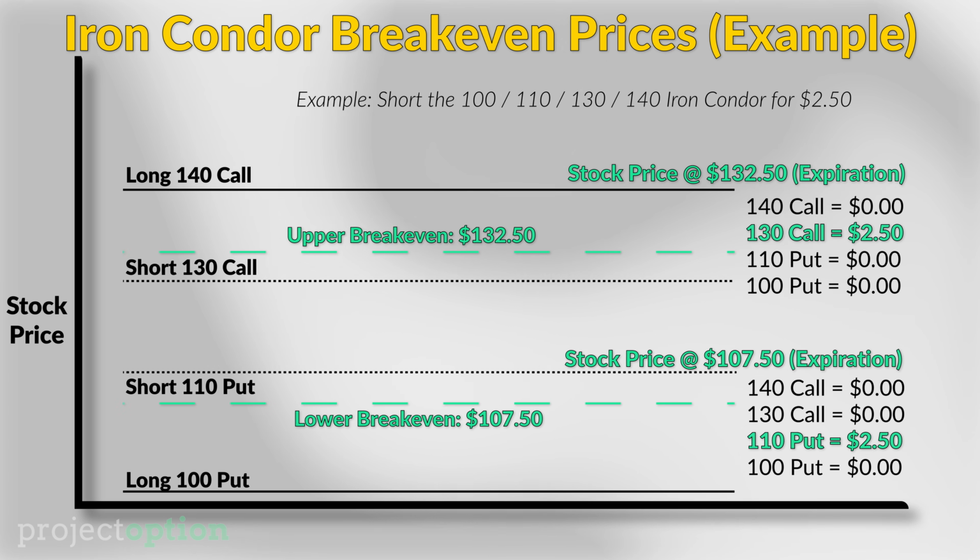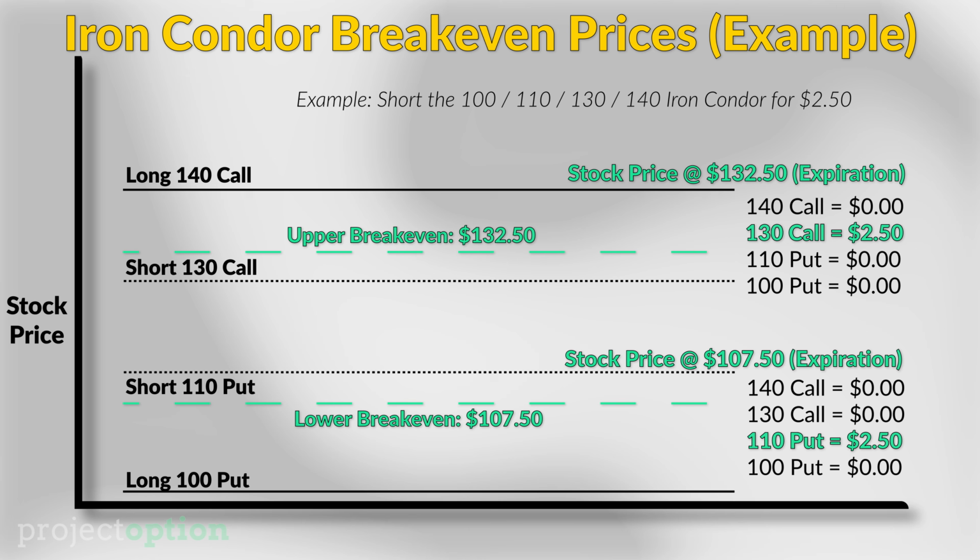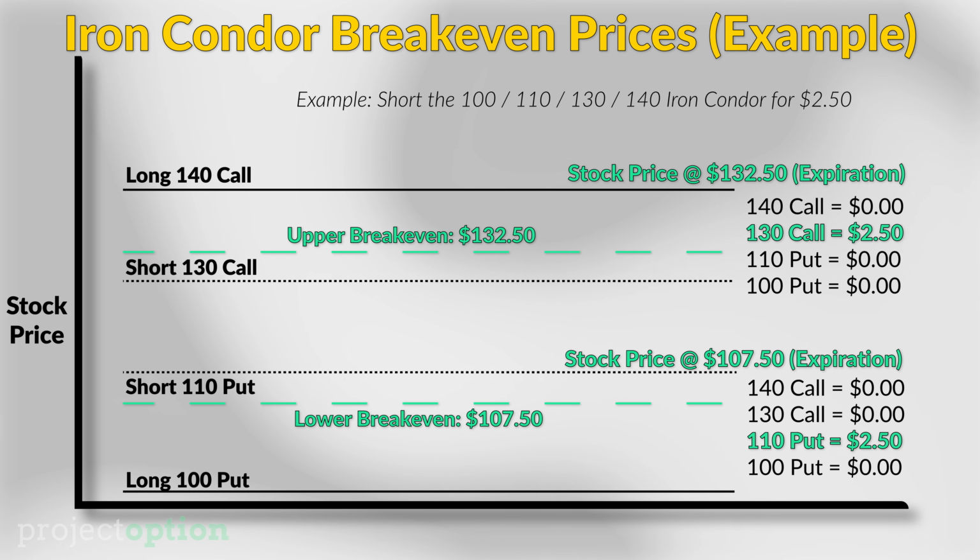The second break-even price is the short call strike price of $130 plus the entry price of $2.50, which gives us an upper break-even price of $132.50. Now this is the case because if the stock price is at $132.50 when these options expire, the 130 call will have $2.50 of intrinsic value, while the 140 call, the 110 put, and the 100 put will all expire worthless, meaning they'll have a value of 0, and because of that, the iron condor as a whole will be